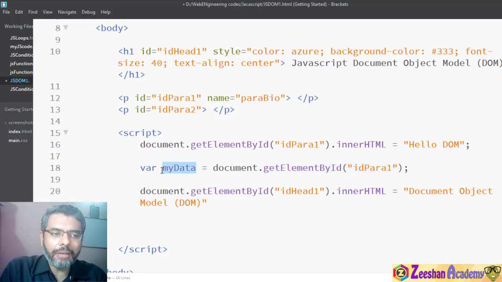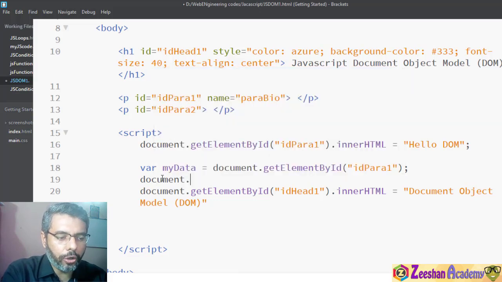Now what would myData contain? It would contain a tag that would be holding your HTML. So this is my HTML paragraph tag, and now this tag is inside myData, and I can do whatever I want.